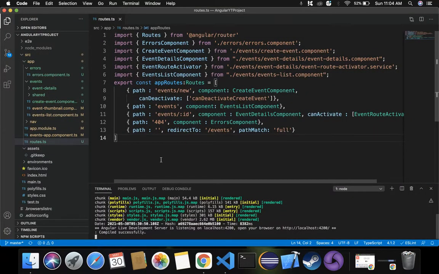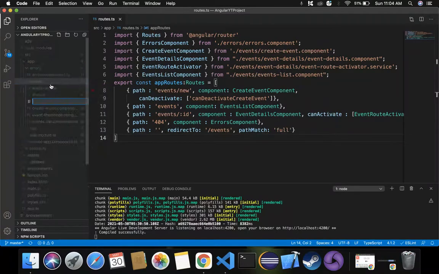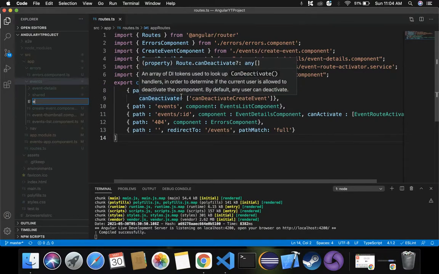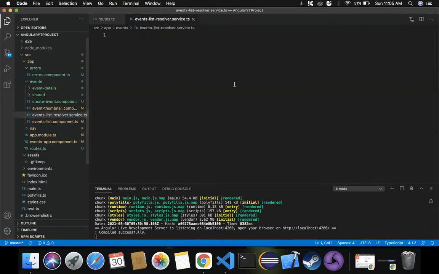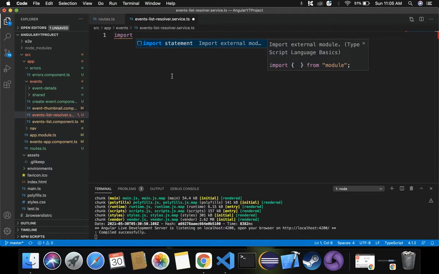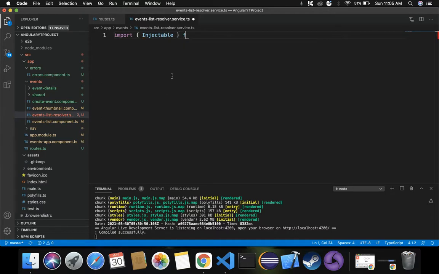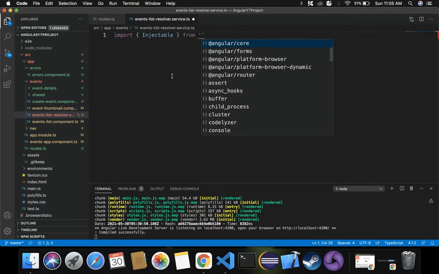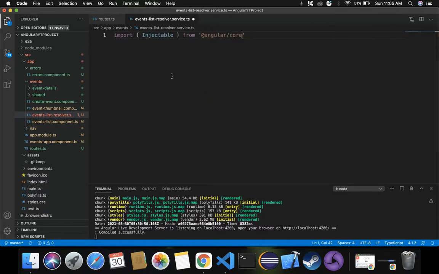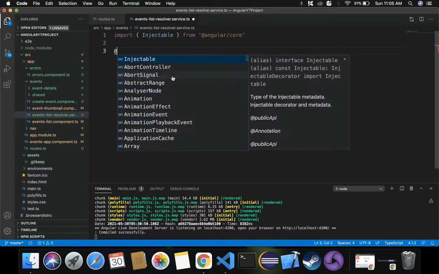So let's create events list resolver service. Inside events, create a new file with name events-list-resolver.service.ts. Okay, and here we usually import, this is a normal syntax where we are importing for every service, we import Injectable from Angular core. So we'll decorate with @Injectable,